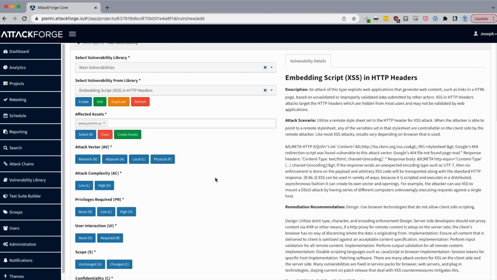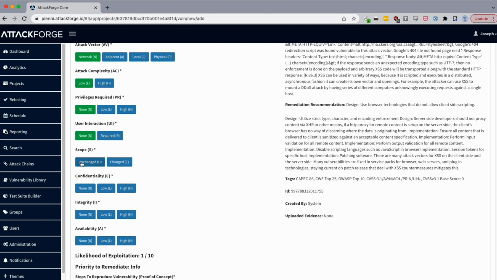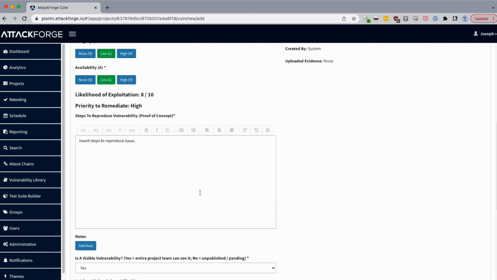Oh, look, wow. So the moment I pick the vulnerability and I pick the asset, I can now build the CVSS score. So this is network, low, none, none. Scope is unchanged, low, low, and low. Likelihood of exploitation, 8 to 10. Great. Introduce steps to reproduce. Oh, this requires that.